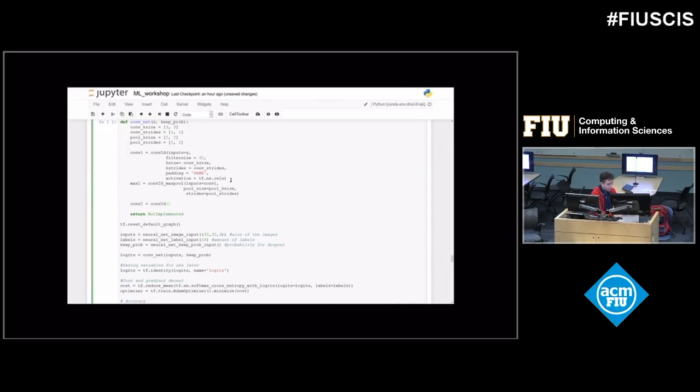So then we just keep doing this as deep as we want. We're going to take in the subsampling as our next convolution.